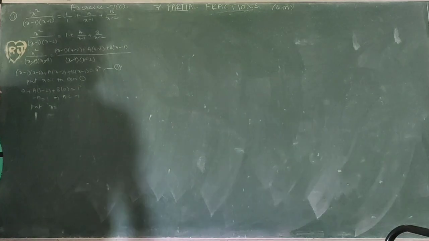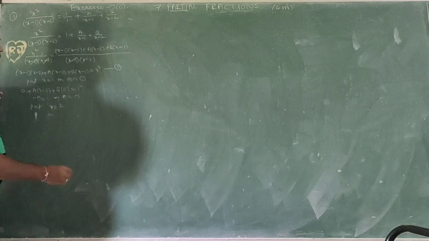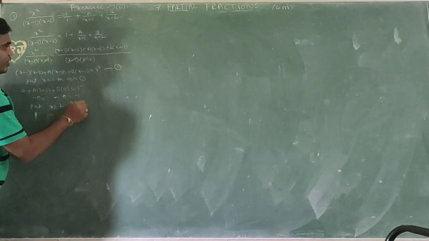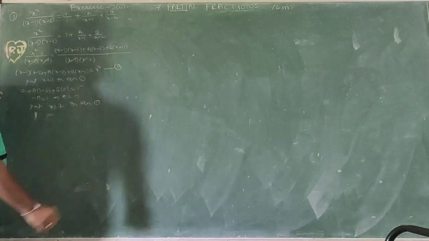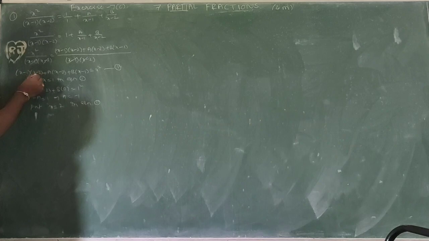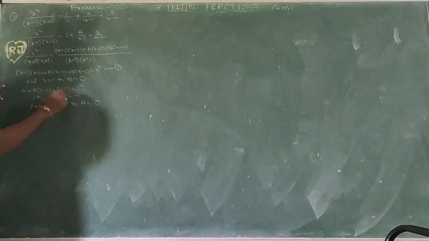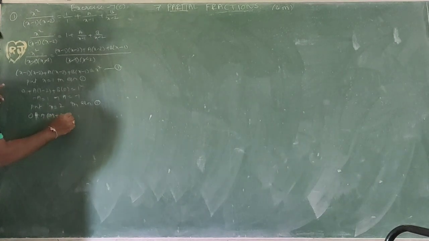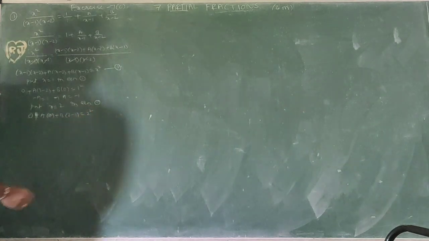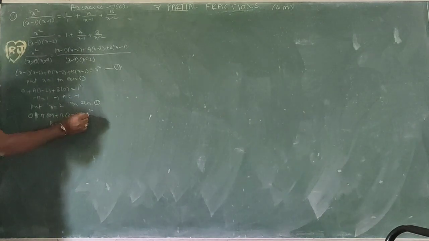When x minus 2 equals 0, x equals 2. If we substitute x equal to 2, we will get b. Put x equal to 2 in equation 1. We are taking x equal to 2 to make x minus 2 zero, so wherever x minus 2 appears it is 0. 0 plus a into 0 plus b into (2 minus 1) equals 2 square. So the zero terms vanish, 2 minus 1 is 1, 1 into b equals 2 square.